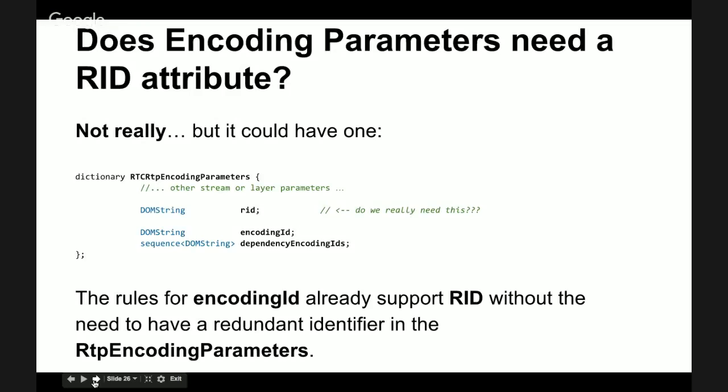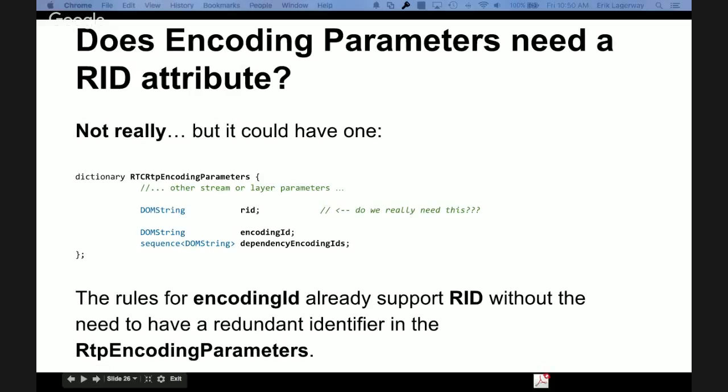So either you would have to have a separate encoding for temporal scalability that has a different SSRC, or you would have to have on the encoding parameter something that said my temporal scalability RID is X. My sense is that sending temporal scalability as independent SSRCs is probably something we don't want to support.